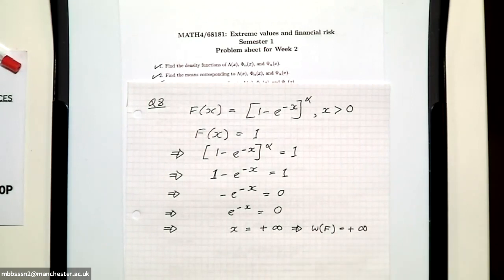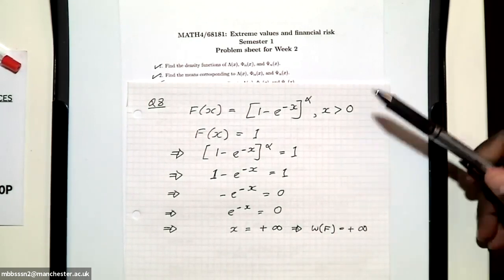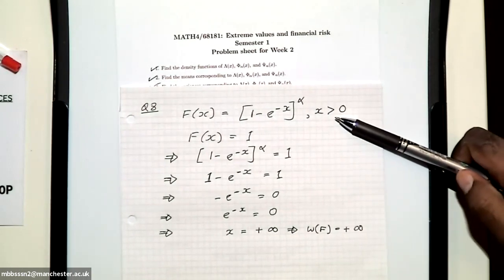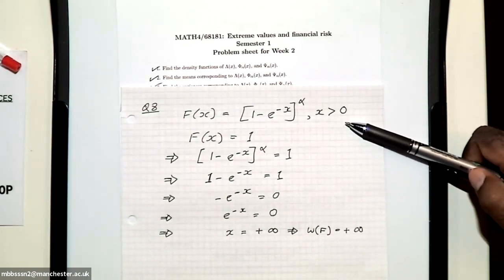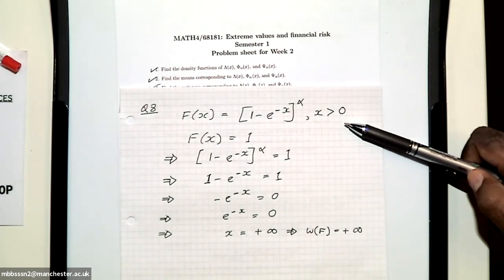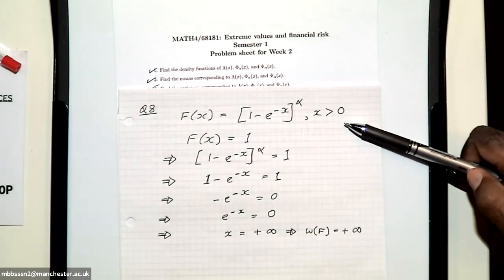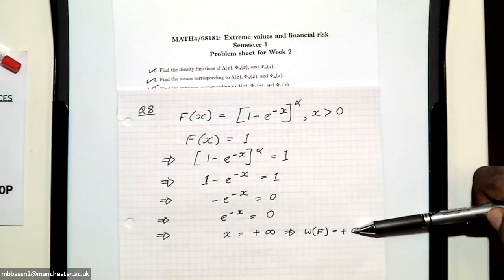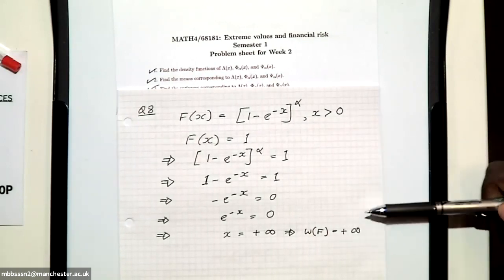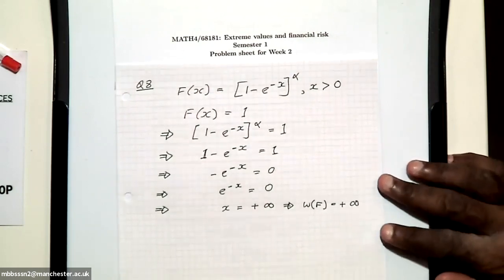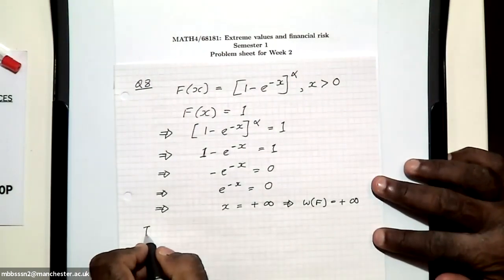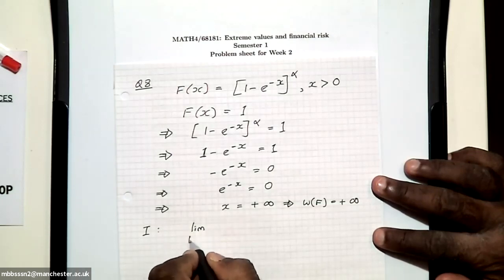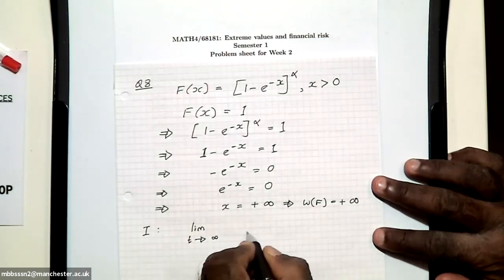This is kind of clear from the question, because if you look at the support of the distribution, which says that x is positive, the largest point of the domain of the CDF must be plus infinity. So that's your upper end point, w of f, right? All right, so let's check condition 1. Condition 1 says that the limit as t approaches infinity